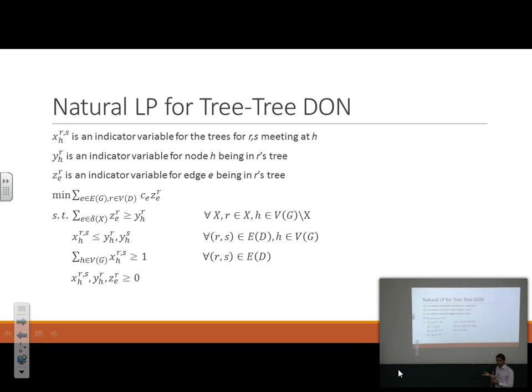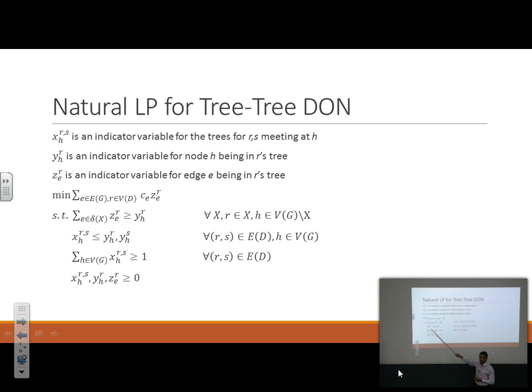Okay, so how do we write an LP for this design of overlapping network problem? Let's assume we are building trees for everybody. And it's a bipartite graph. So first of all, suppose RS is a demand pair. We want R and S to overlap at some node. So let that node where they potentially overlap be called H. And XRSH is an indicator variable which would be 1 if they overlap at that node. So this constraint says you got to overlap somewhere. All right, now YRH is an indicator variable that says whether R's tree gets to H.